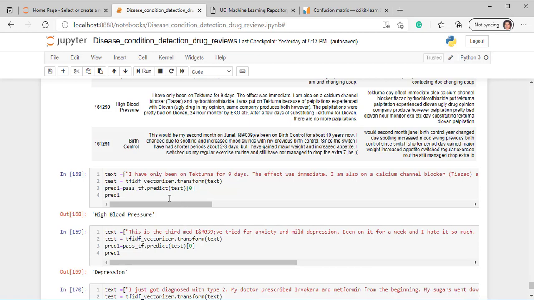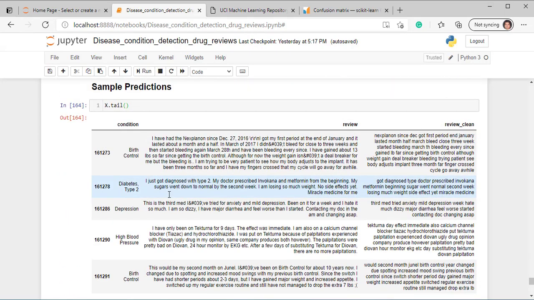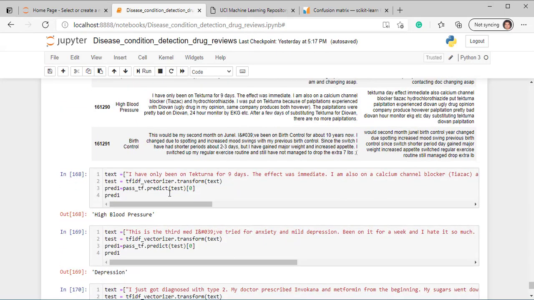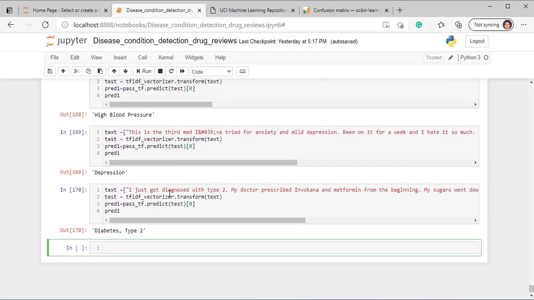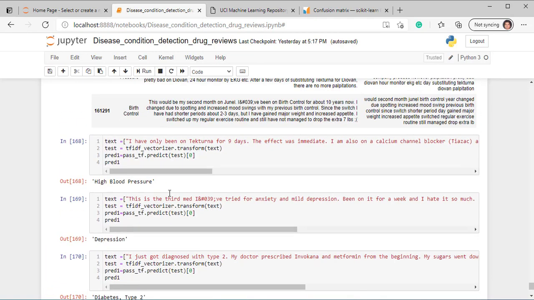So you see that this is the way you can see how it predicted, how it is predicting the reviews, classifying the sentences into particular categories. Like that you can use this model, both the vectorizer and these machine learning models, and build your web application in Flask or Django and utilize these models and do the prediction on the go in the browser.